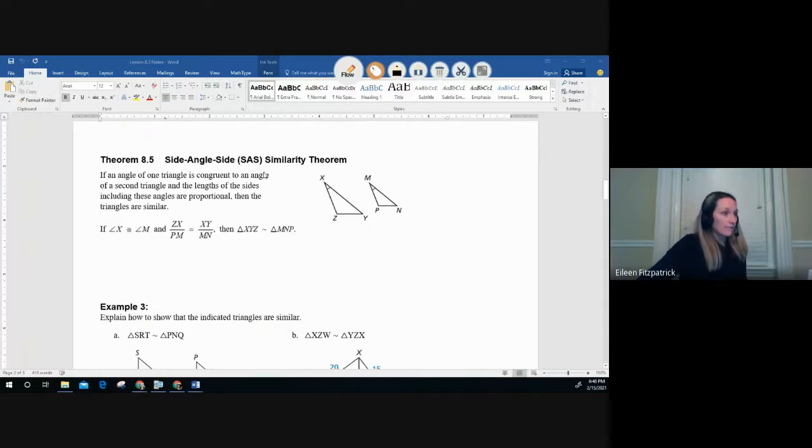All right, then we have the side-angle-side similarity theorem. The side-angle-side similarity theorem says that if you know an angle is congruent to an angle, and if you can show that the two sides that include that angle, so this side and this side, if you can show that those two sides, because they're the two sides that make this angle and this angle, the included angle, if you can show that the red side is proportional to the red side, the yellow side is proportional to the yellow side, then you can say that triangle